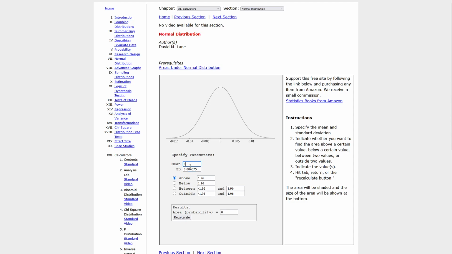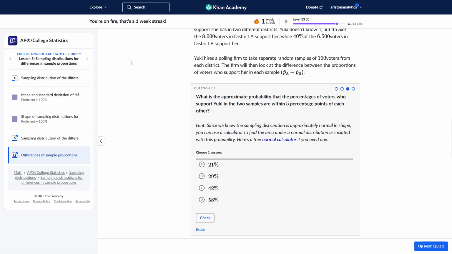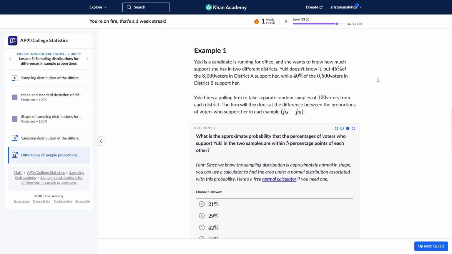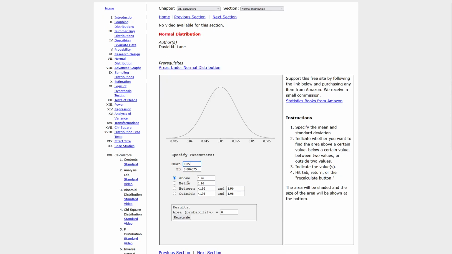That's standard deviation. That's mean. So it's the difference between A to B. So, okay. What is the approximate probability that the percentage of voters who support Yuki are within 5 percentage points of each other? Okay, so we're getting the difference. So within 5 percentage points is positive or negative 5. So it's just between